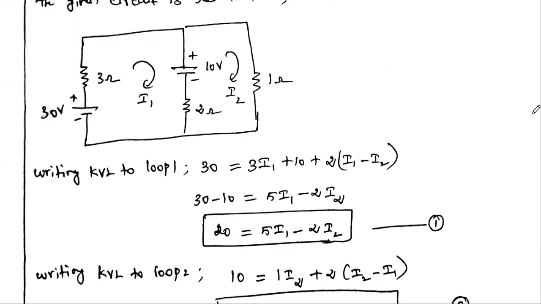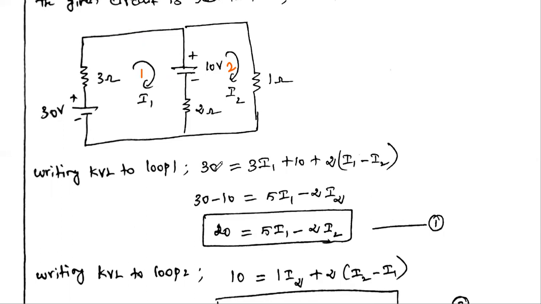So if you are solving this by mesh analysis, we can get only 2 meshes. Okay, in the mesh analysis procedure, as you already know, we have to identify the meshes. So this is the first mesh. This closed path is the first mesh, and this closed path is the second mesh. So let us consider the current flowing in the first mesh as I1, and the current flowing in the second mesh you take as I2. Okay, then for each mesh we have to write the KVL equation. So we will get 2 KVL equations. By solving the KVL equations, we can find the answers I1 and I2. Okay, so this is the simple procedure.